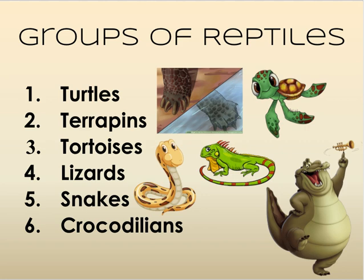Like a snapping turtle is actually a terrapin. The red-eared slider turtles that you get at pet stores are actually terrapins. The top left picture is of a tortoise foot, which you'll notice has no webbed toes and is not adapted in any way for swimming. Tortoises are sinkers, not swimmers, as they prefer life totally on land. Groups 4 and 5 are lizards and snakes, pretty easy to tell apart. And then group 6 is the crocodilian group. That includes crocodiles, alligators, caimans, they sort of look like dark mini alligators,